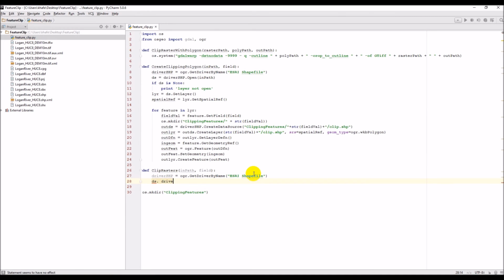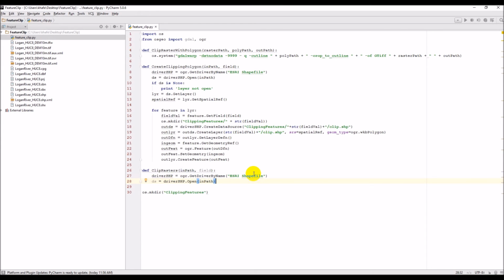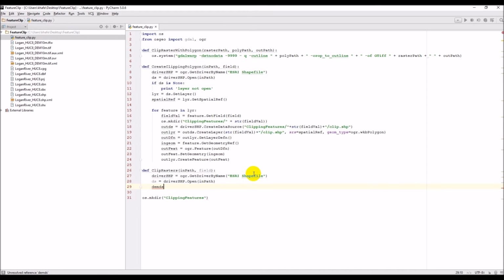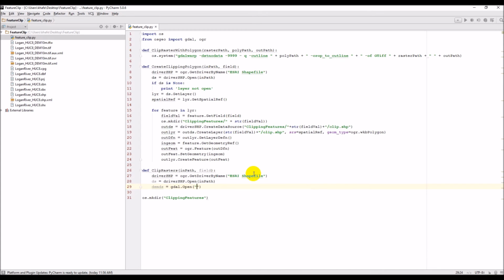driver ds dot, oh, what am I doing here? ds equals driver shape dot open and our input path. Okay, and then we need to open our dem dataset, or DEM, so dem ds, and we do need GDAL dot open. Oh, that's the wrong thing here. This is just the name over here, which is going to be login